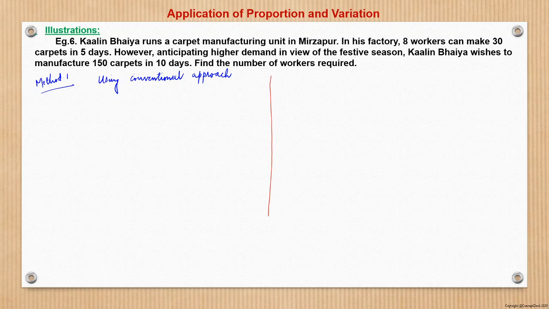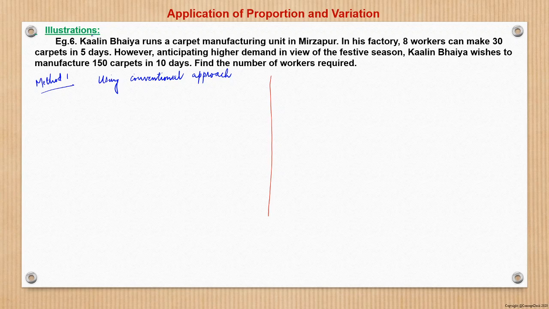So see, basically this is a problem of time and work, which we would see soon in the coming sessions. However, since we are covering proportion, I thought it prudent to cover a part of that time and work here, though we will see this in much detail in that session. But just to brief the